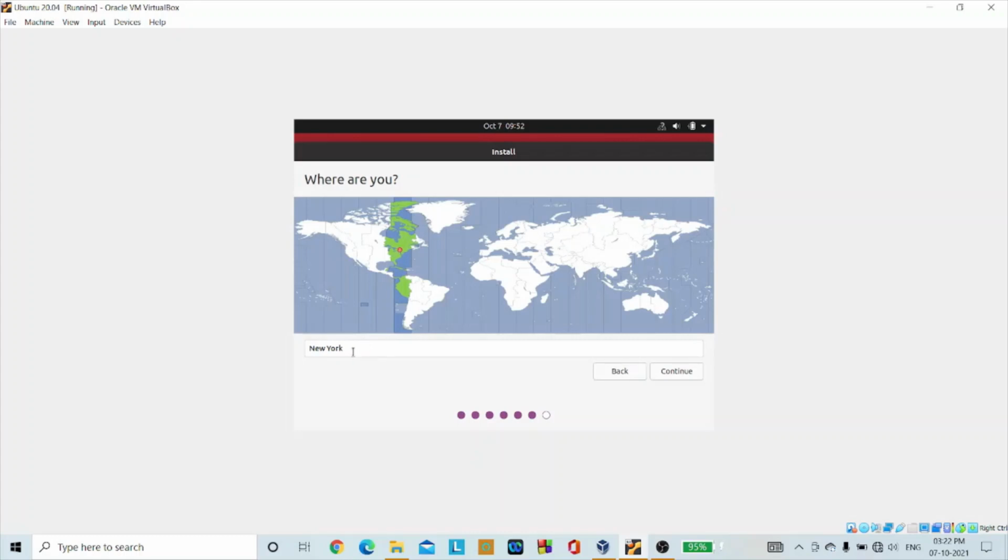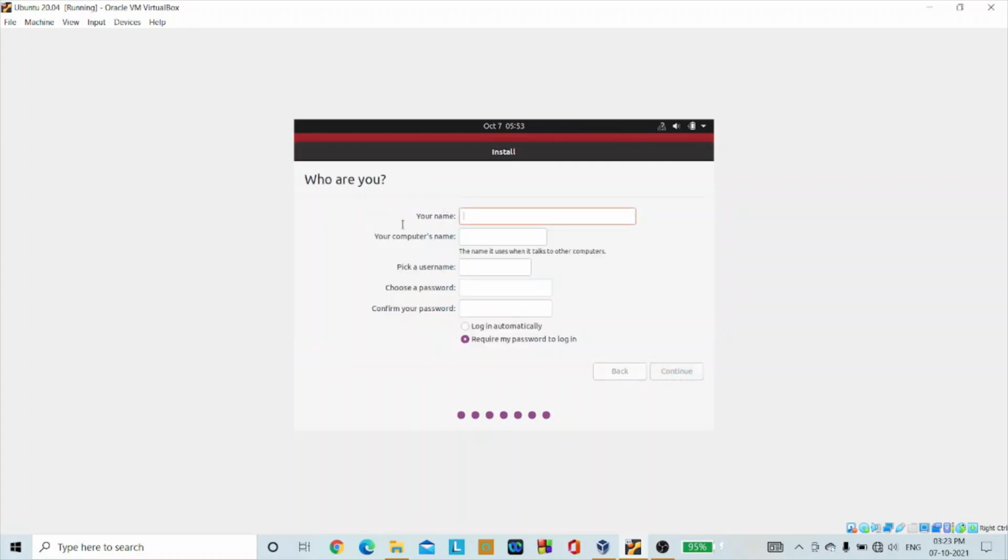Then you could select the nearest location. So in my case, I would select Kolkata. Continue. Okay, so here you have to write your name. So any name which you would like. So here I would like to write my name, Yadnya, and then I would remove VirtualBox from the computer's name.